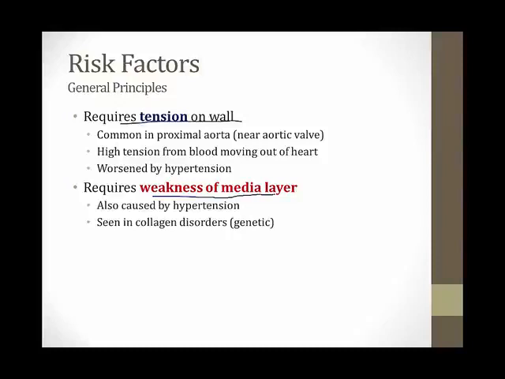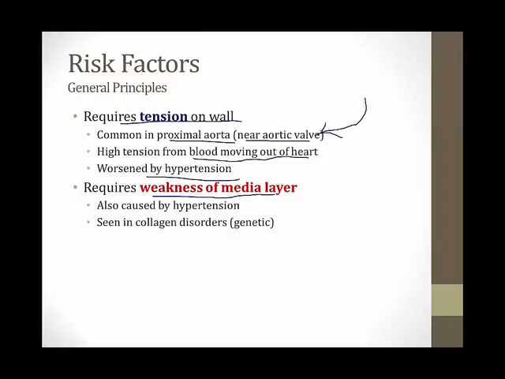The tension in the aorta is very high in the proximal aorta, right near the aortic valve, and in fact, this is where most aortic dissections occur. The reason the tension is highest here is because blood is being pushed out of the heart, and that creates very high tension in that section of the aorta. In addition, this is worsened by hypertension, and as we will see, hypertension is a very important risk factor for